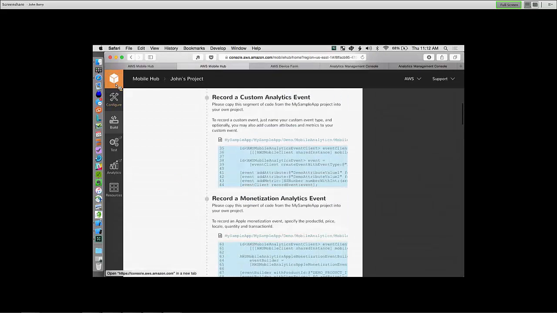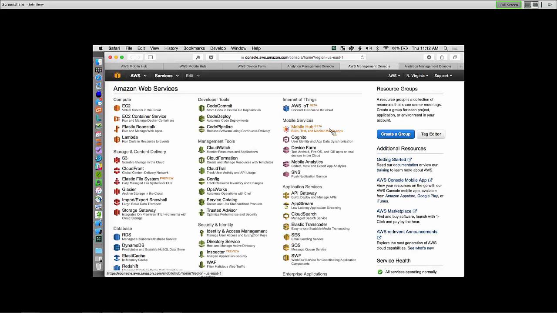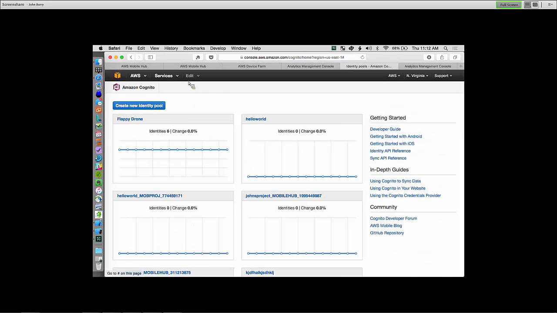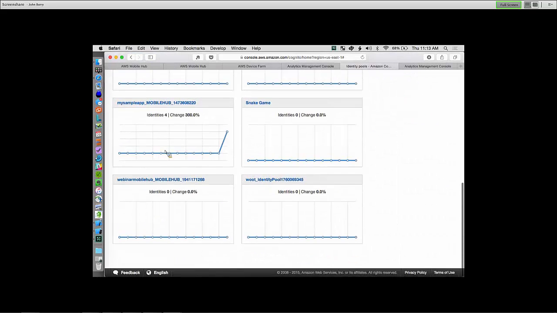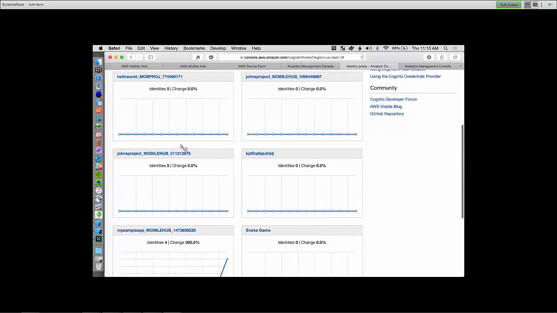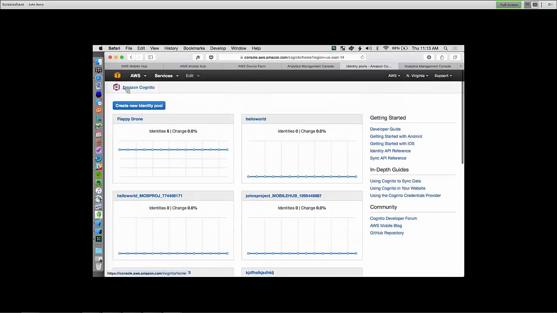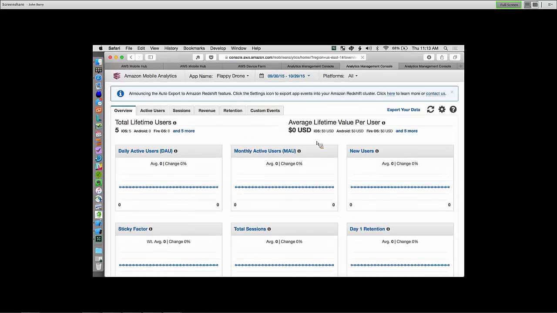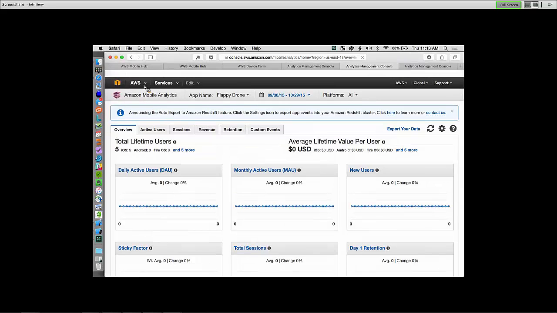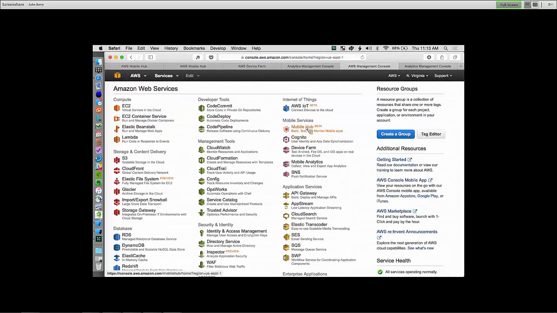Now, a few more things I want to cover. When I go into the other services such as Cognito, Device Farm, and so forth, I just want to showcase that my application really is part of the applications here. You can see John's Mobile Hub project and all the different Mobile Hub tests I've done are all part of this. So that really is the exact same thing as if you went into Cognito yourself, as if you went into the various services yourself and wired them up. They're all there for you. The Mobile Hub is just making your life a lot easier by doing this for you without the heavy lifting of having to go in.